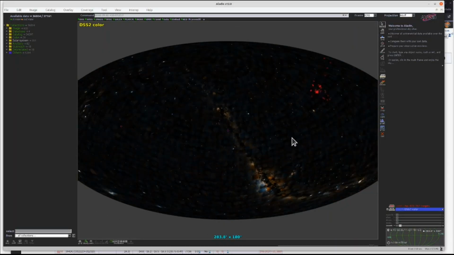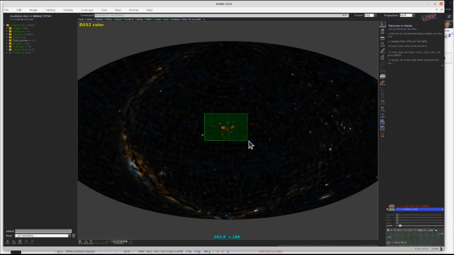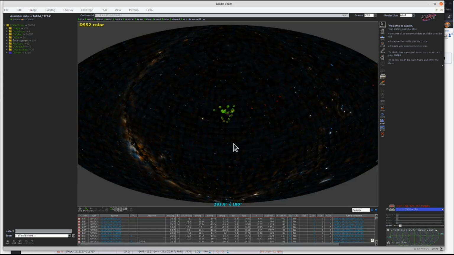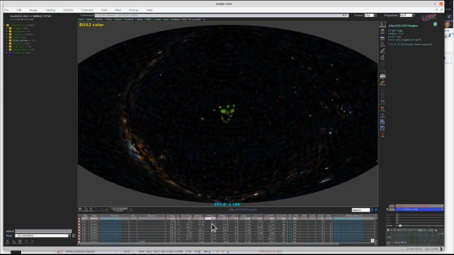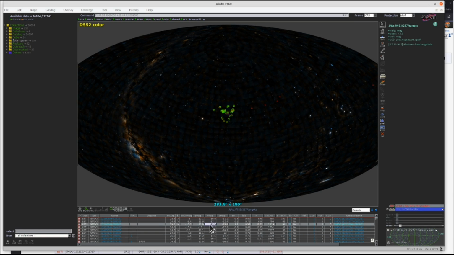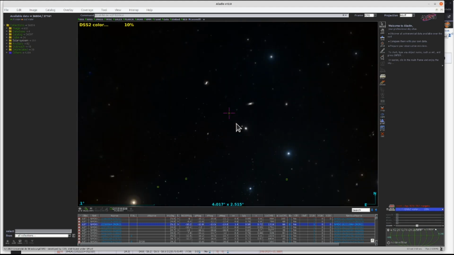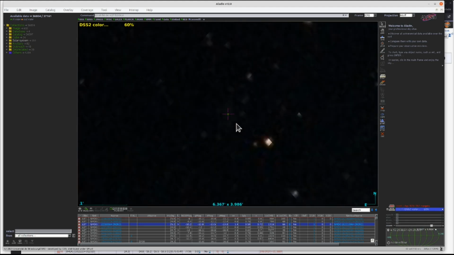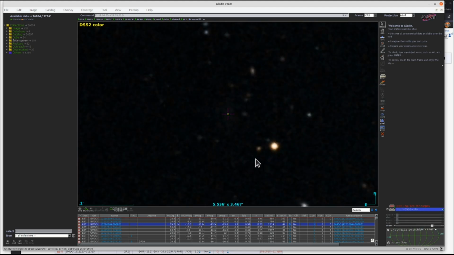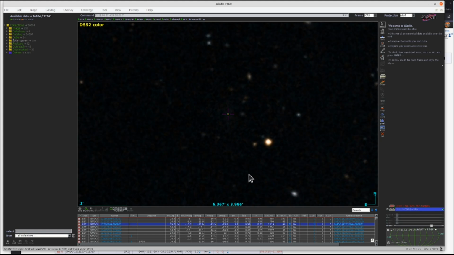And as we can see, there are now symbols here corresponding to the sources from the catalog. And we can view the corresponding measurements at the bottom of the table. If we click on individual lines, we can then zoom in and try to visualize the object in the DSS. They are all low brightness galaxies, so it's better to look for a different survey in order to have a